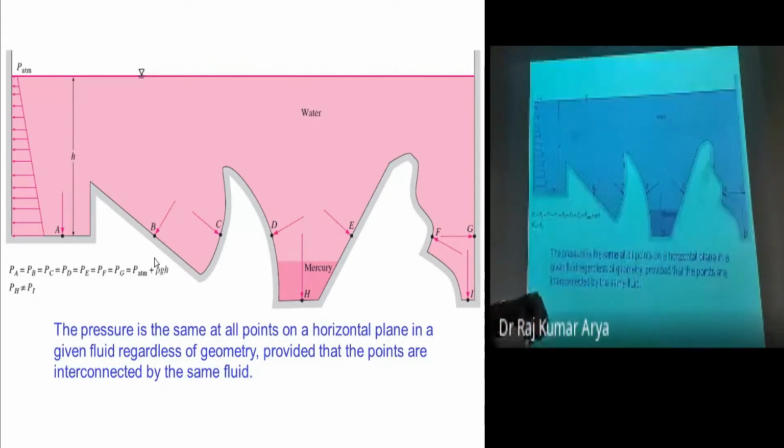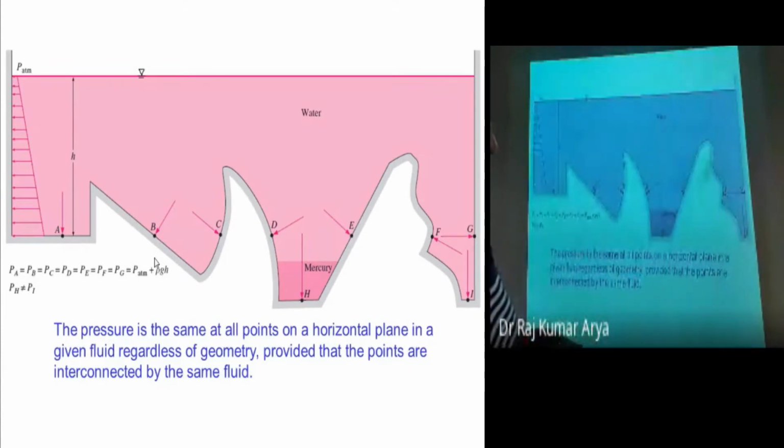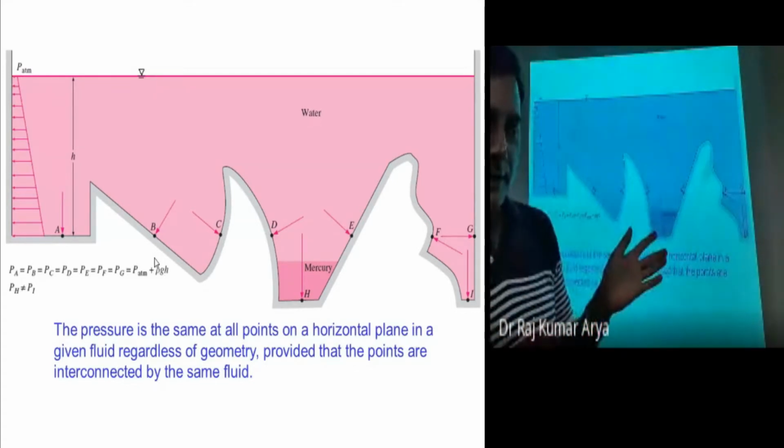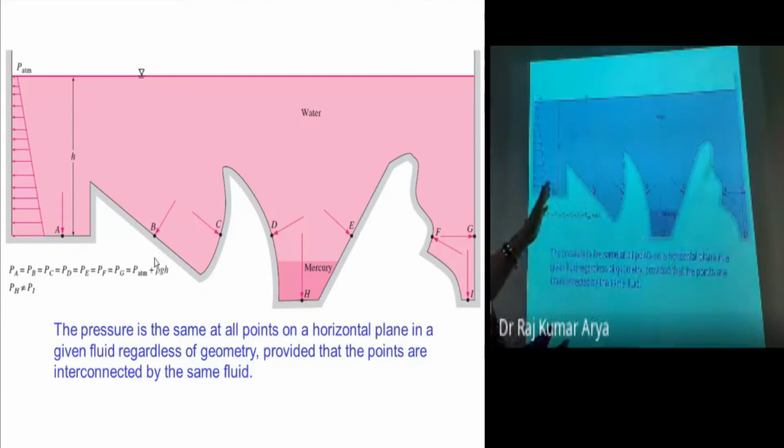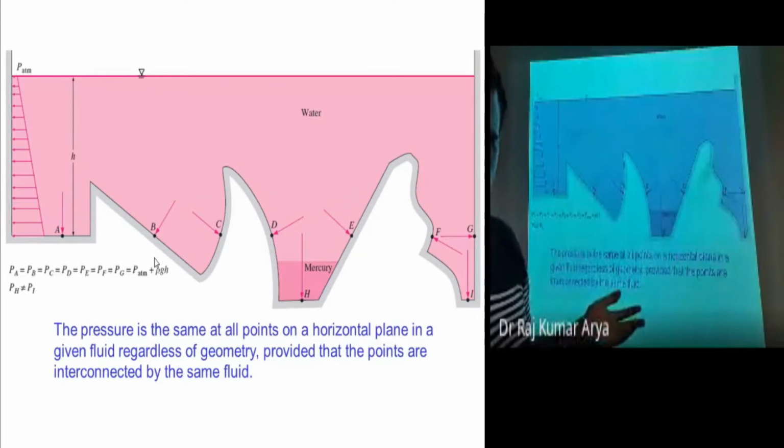Fine. So we want to calculate how the pressure would change in this type of reservoir. First, we need to design its walls to withstand that much pressure. If you see this side, at the top you have the atmospheric pressure. After that, as you go down within this reservoir, the pressure magnitude goes up because you are going down by h. So for each going down by h, the pressure would be added, P atmosphere plus rho gh, right?